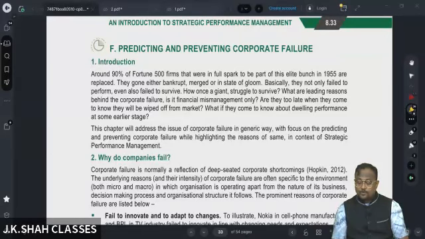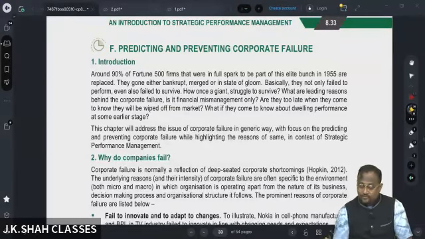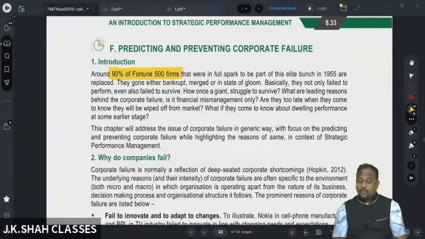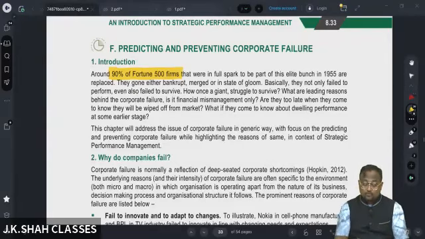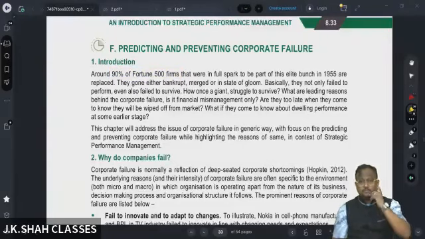Predicting and preventing corporate failure. Around 90% of Fortune 500 firms that were in full spark to be a part of elite bunch of 1955 are replaced. They have gone either bankrupt. ये तो तुम लोग ने पढ़ा होगा ना, फोर्ब्स का जो रिसेंट